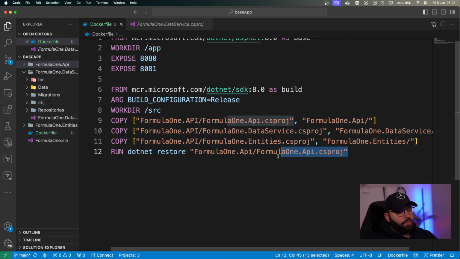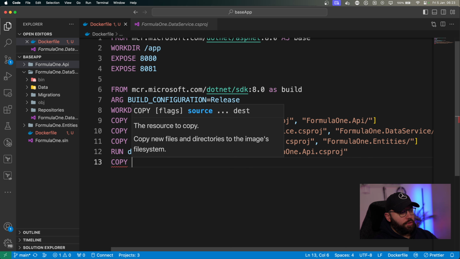So now what I'm doing is, once I copied everything, I'm telling .NET to do a full restore, because once it tries to restore all of this, if there are any missing dependencies, any problem with my configuration or all of the NuGet packages that I'm going to be needing, this will show up before it actually builds. So I can know that once this is run successfully, all of my application dependencies are there, and I can proceed to building this. So once I have done that and it passed, now I'm going to copy the rest of the source code from my local directory to the